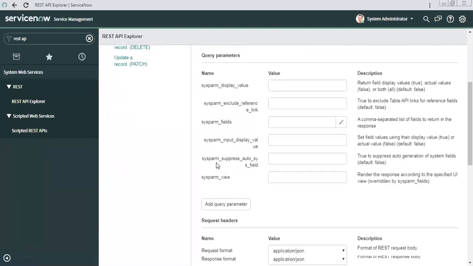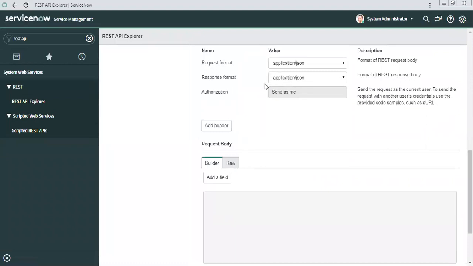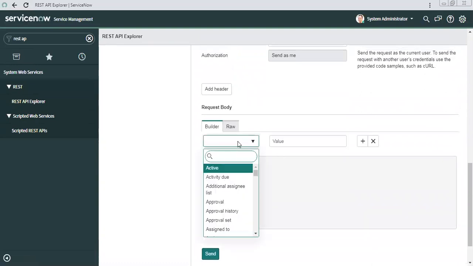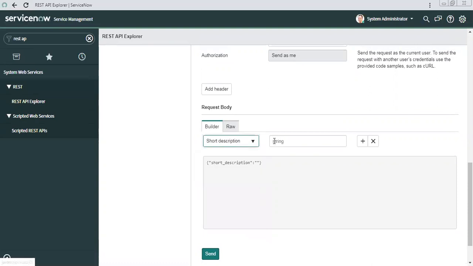Then for the request body, I will keep the format as JSON. Then I will put the short description as test record.